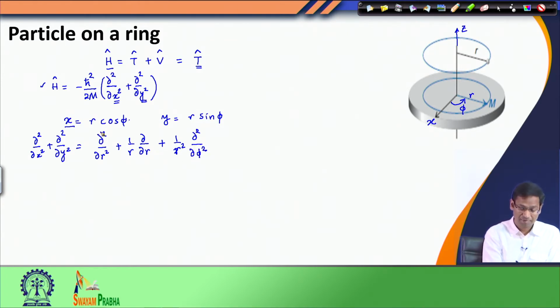So x is given as r cos phi, y is given as r sin phi, and this term which is